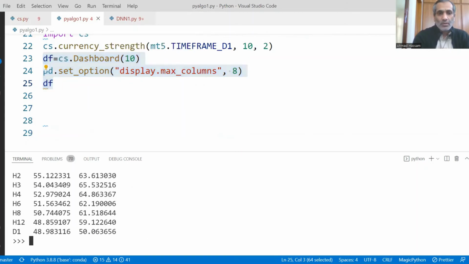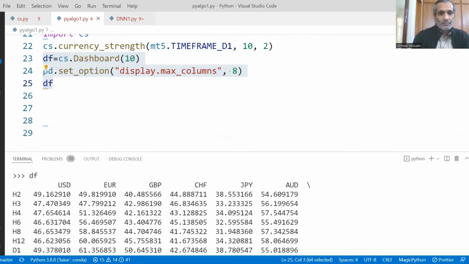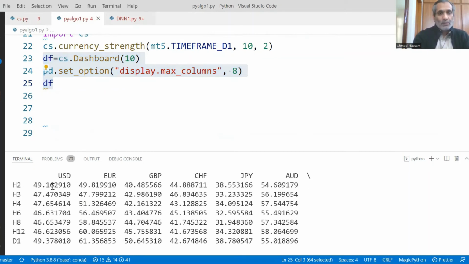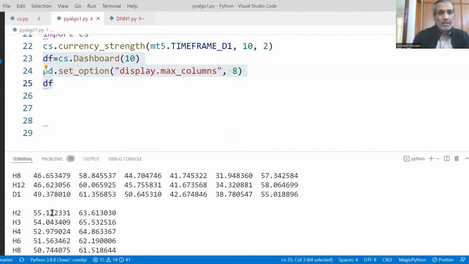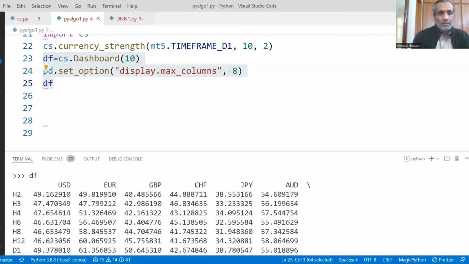See, now we have got this dashboard: dollar, euro, pound, Swiss franc, yen, Aussie dollar, this is Canadian dollar and this is Kiwi dollar. And this is the H2 row, 2-hour row, 3-hour row, 4-hour row, 6-hour row, 8-hour row, 12-hour row, and daily.